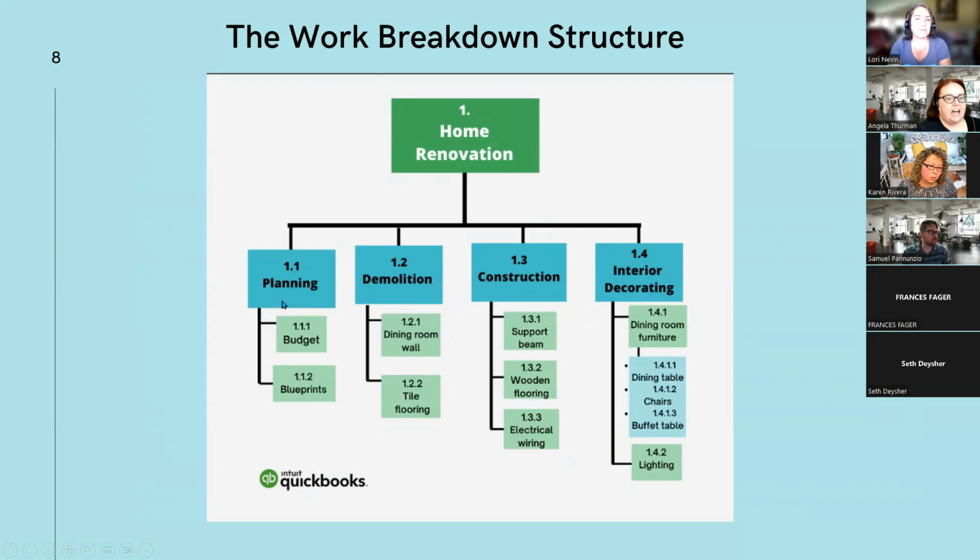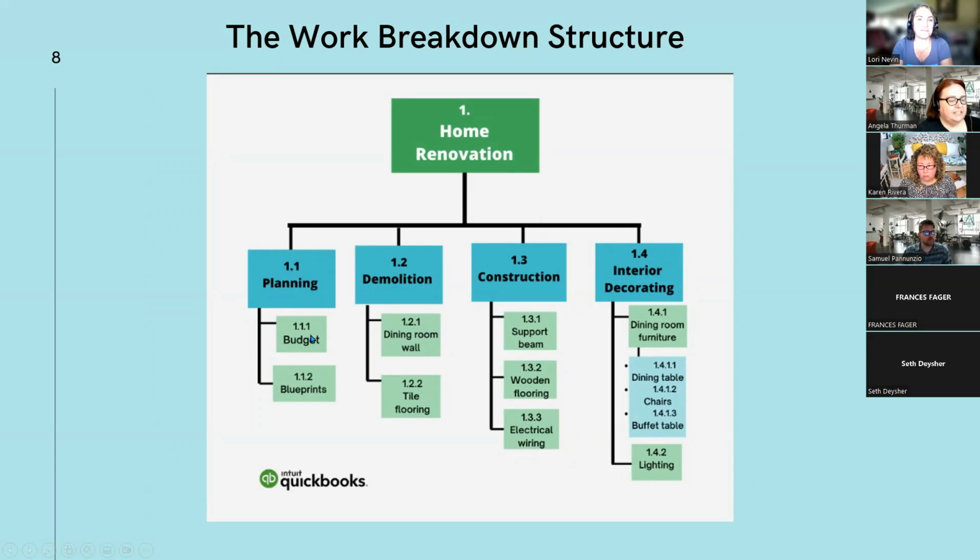And so do you see how you go from 1 to 1.1, 1.2? So you see how the numbering system is enumerated. So these are the 4, and then here's the next level of the lower level of decomposition, which has 3